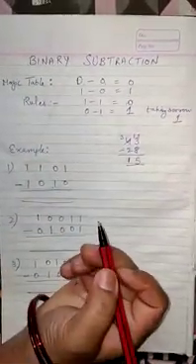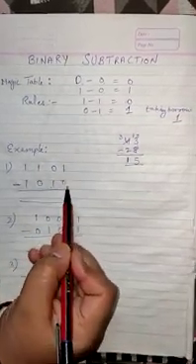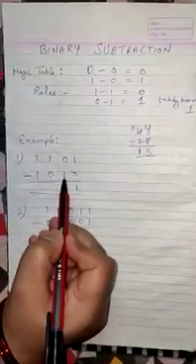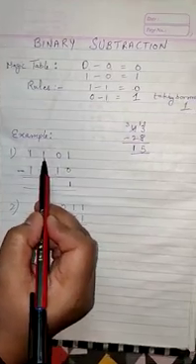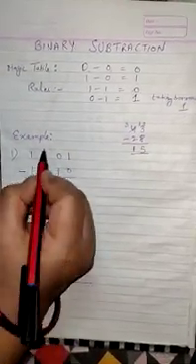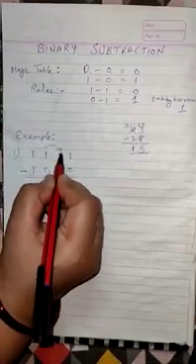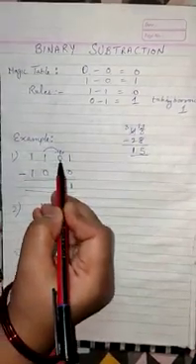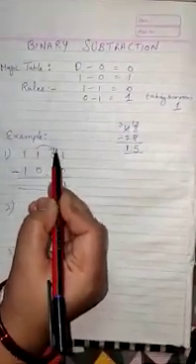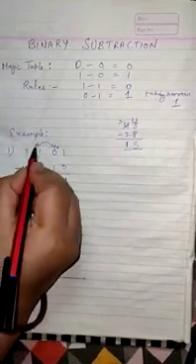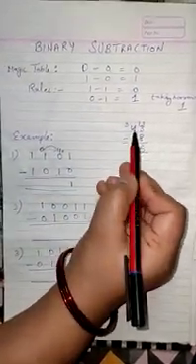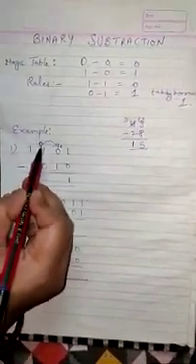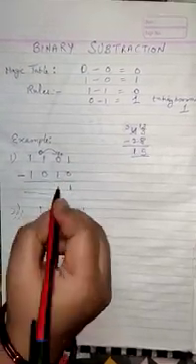Let us understand with an example. 1 minus 0 is 1. 0 minus 1 is not possible. You will see the next number. If it is 1 and here is 0, so you can take a borrow, that will make it 10. Same way we will take 1 from this and this will become 10, and here this will remain 0. So same way, you subtract and then it becomes 0. So 10 minus 1 is 1.